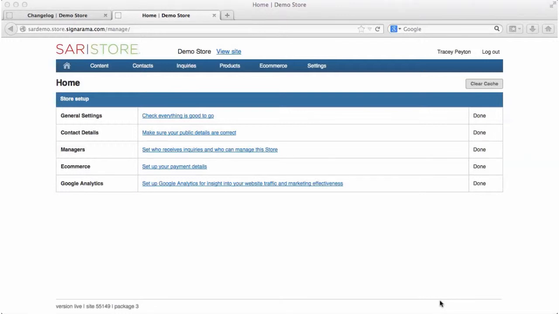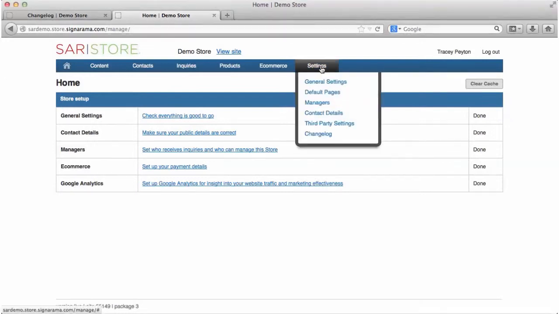So what you see in front of you here is the management area. This is the back end of your Signarama site. And from this home screen, you'll see a navigation toolbar up at the top. And we're going to be spending time in the settings drop down. So if you click on settings, you can see you have general settings, default pages, managers, contact details. We're not going to get into third-party settings, but we will be addressing the change log,